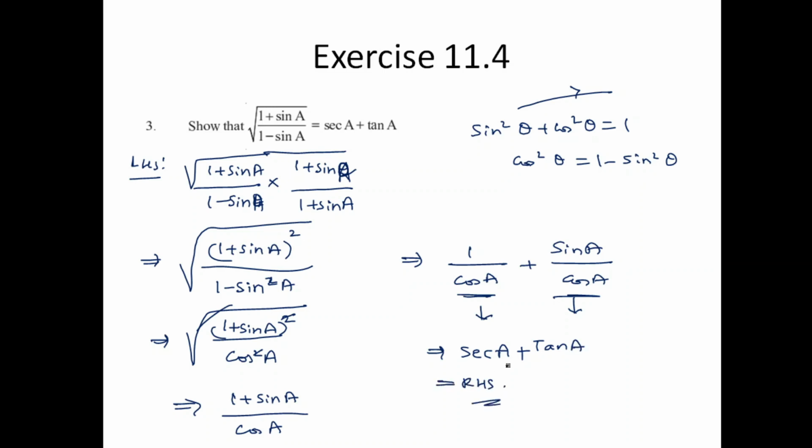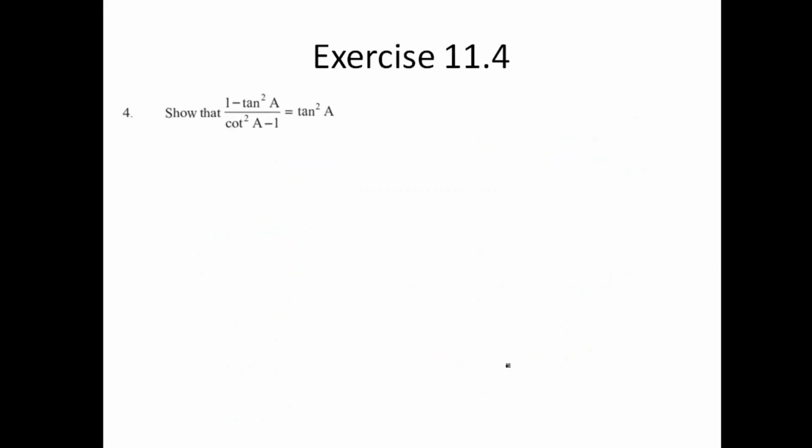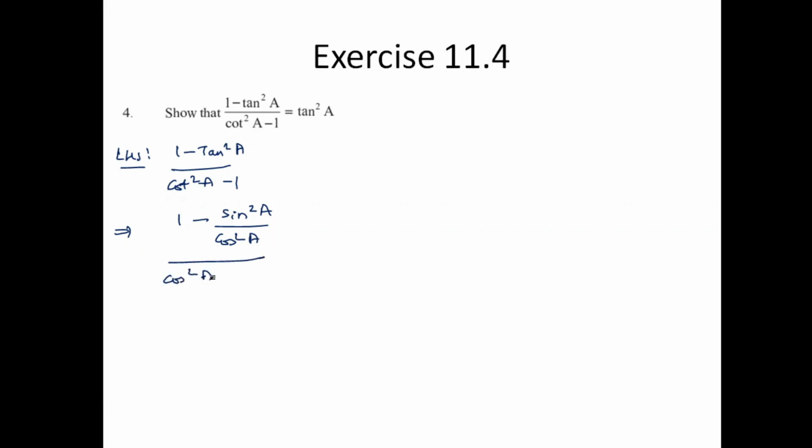So you need to remember all the formulas to do this lesson very well. Let's look at the next sum over here. Similarly, I'm taking the LHS here. So what would be your LHS? 1 minus tan square A by cot square A minus 1, isn't it? So how can I write the tan value? Tan can be written like this, and cot can be written like this, and 1 is left out. I hope it is clear up to here, right?